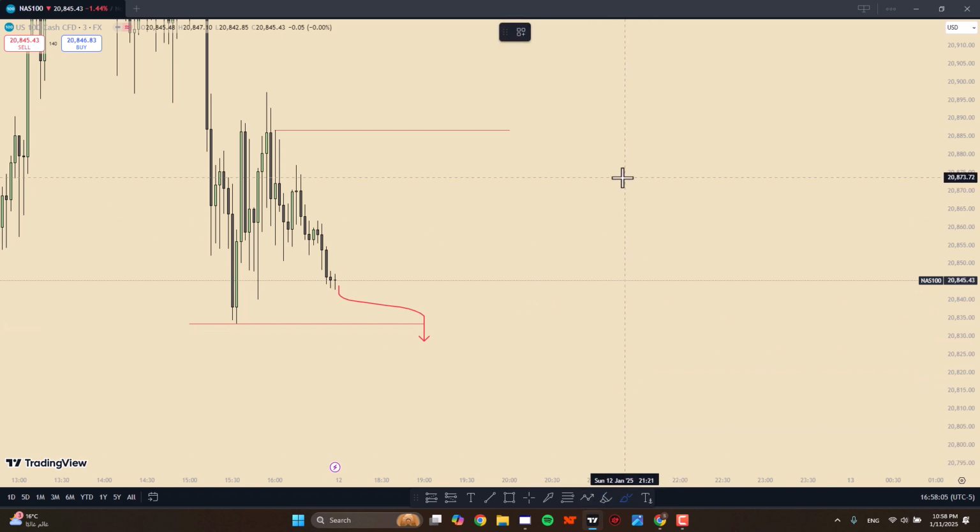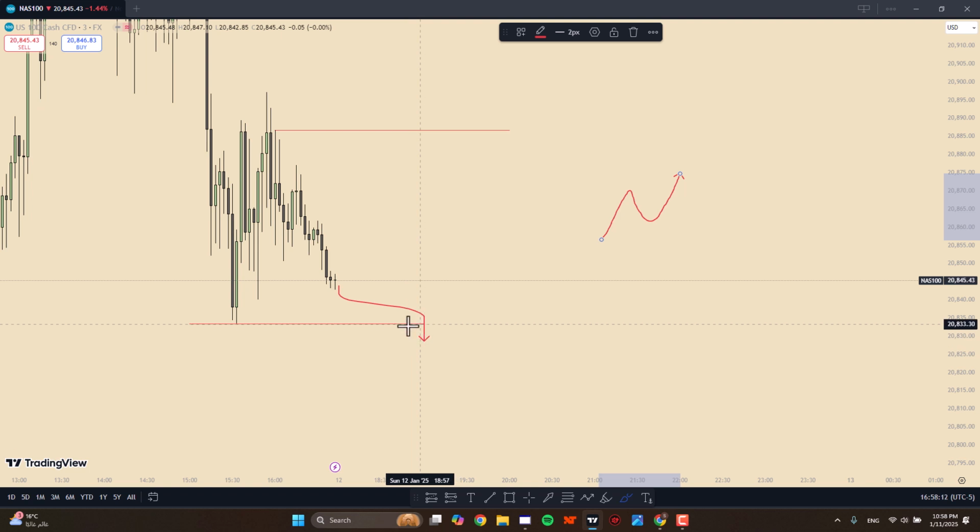I want to see price sweep something opposing. So here in this example, I want to go lower, so I want to see price sweep something to the left, like a high, all right? So I want to see something get swept. That's the first thing. That's the first step, or the first condition in the confirmation step on the framework.